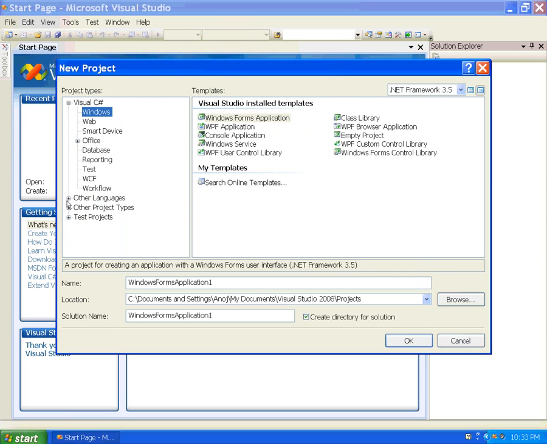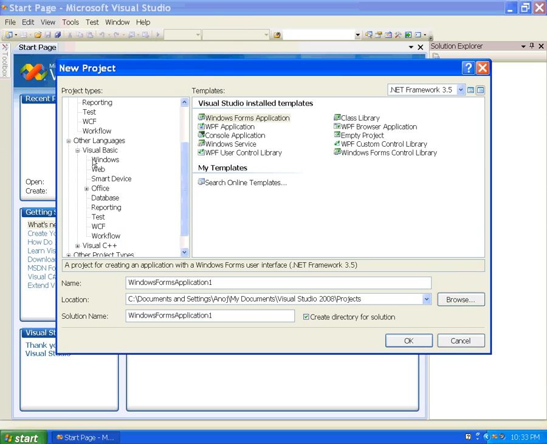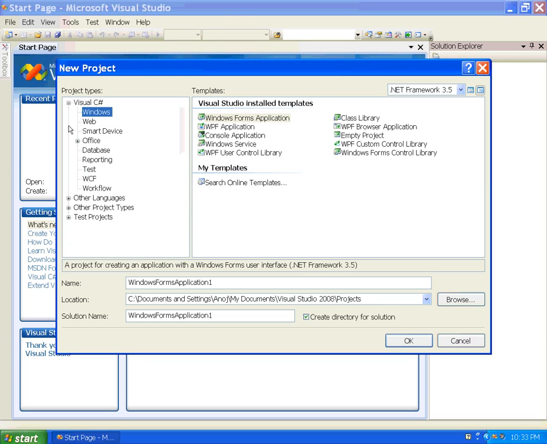Other languages: Visual Basic, Visual C++, and other project types are Setup and Deployment, Database, Extensibility, Visual Studio Solution, and Test Project. We use C Sharp, Windows based application at first. We can select Windows Forms Application.